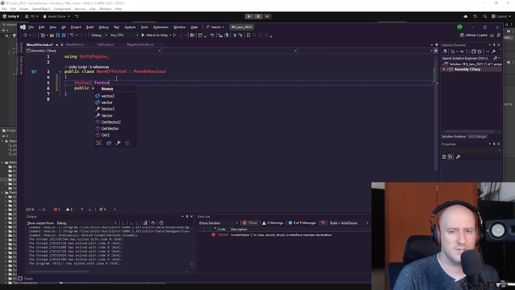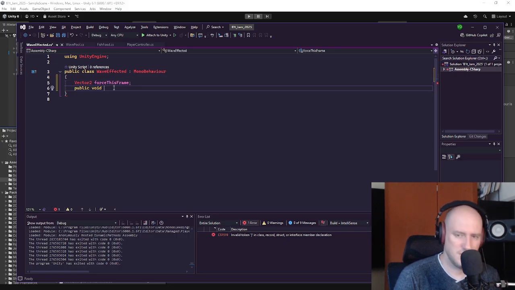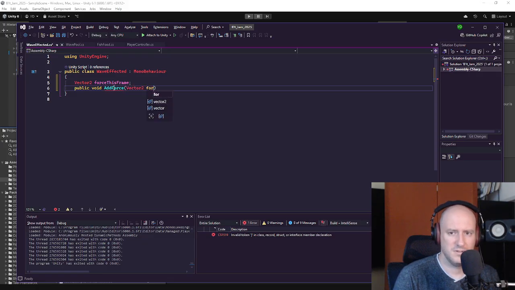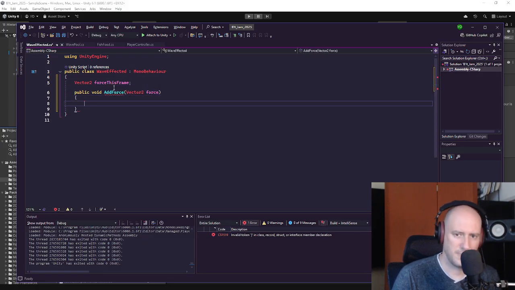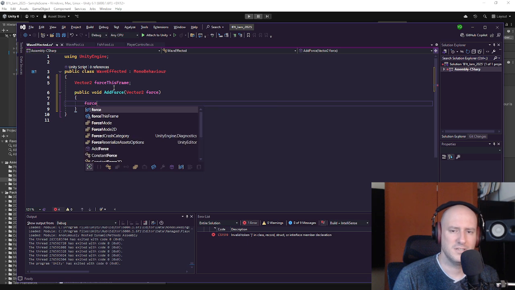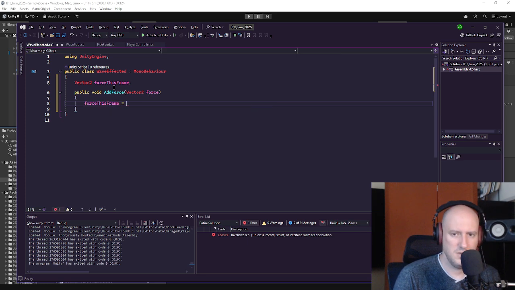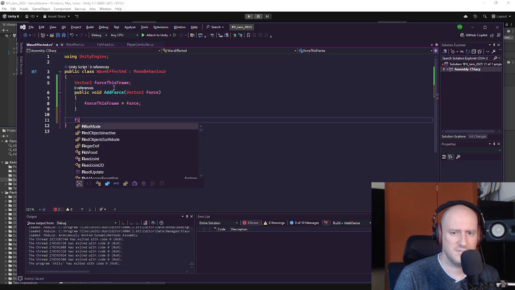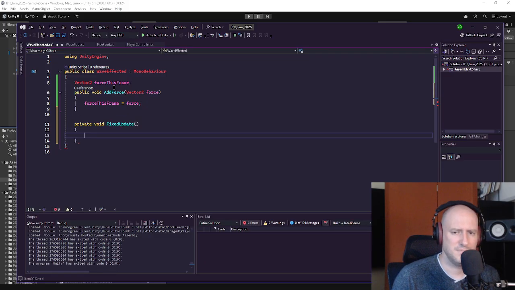Vector 2 force this frame, and then public add force vector 2 force. Then we'll say force this frame equals force. Okay. Then in fixed update,